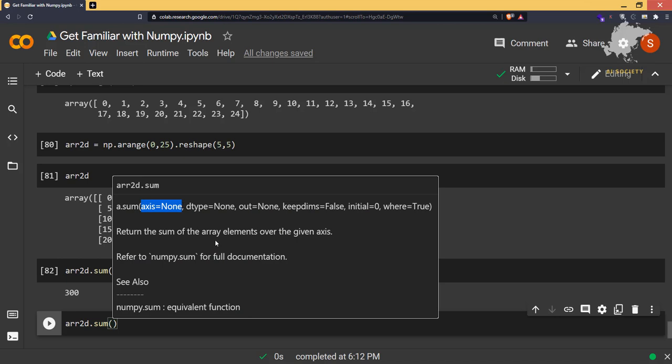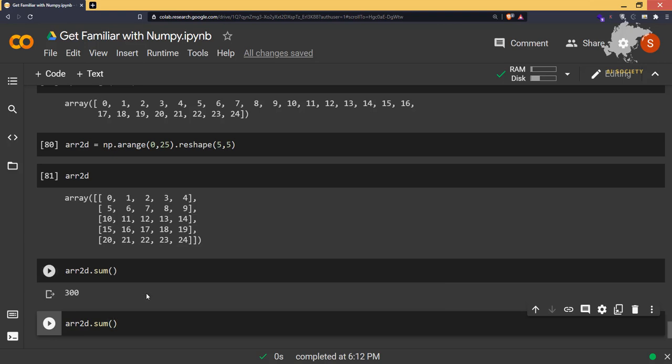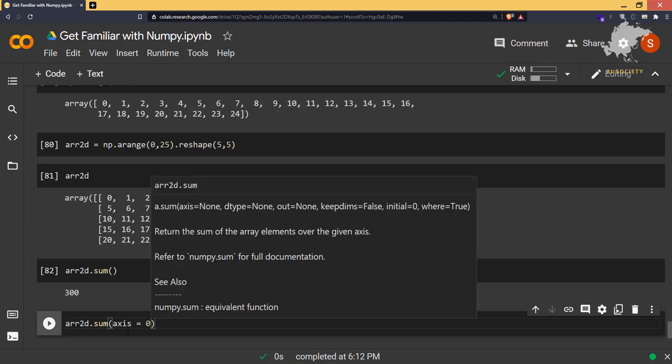That means you can calculate the sum across rows and across columns also, and make sure you understand the word across here. I'll tell you why I'm focusing on the word across. I'll say axis is equal to 0. That means I want the sum of elements in my array across rows.